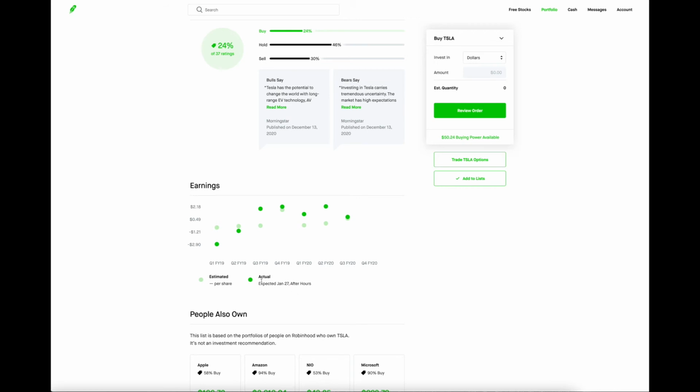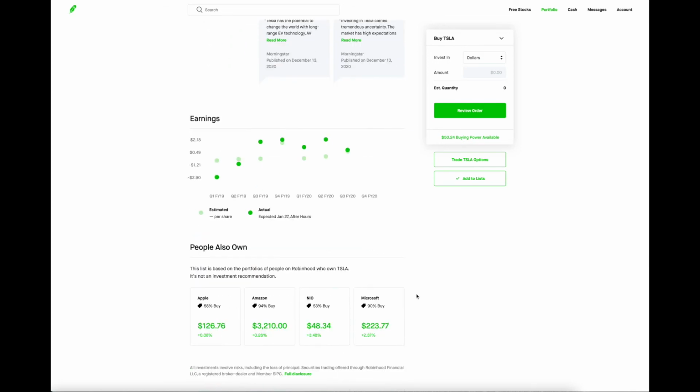You'll basically get an idea of when their next expected earnings are supposed to be released. And then below that, you'll see some suggested stocks. So these are stocks that other people that own Tesla will purchase as well. And you can just bounce into something just by clicking one of these buttons over here. So let's just go to Microsoft real quick, and then I'll show you at the top how you can transact